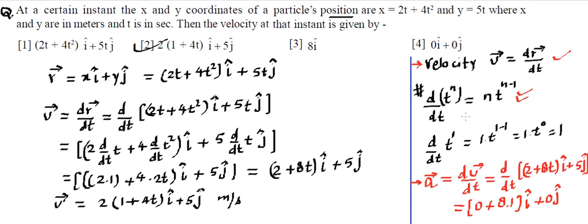So two important points that we have talked about. Formula you can think of: differentiation with respect to any variable. If that variable has a power n, then n comes outside and power becomes n minus 1. And if this is a constant, then you'll find it becomes 0. Constant means t raised to power 0. So 0 comes in front, so it makes everything 0. Based on that, we can calculate this thing.